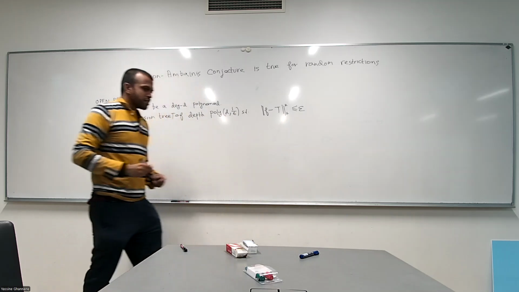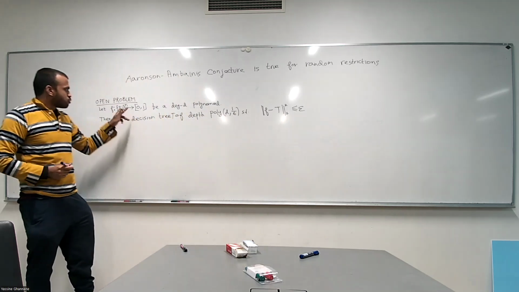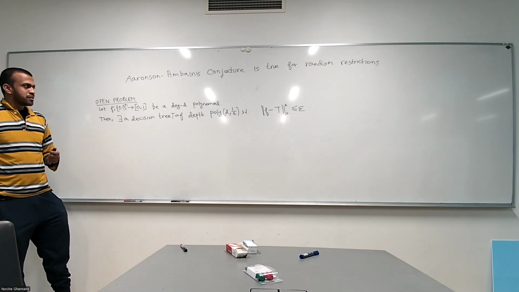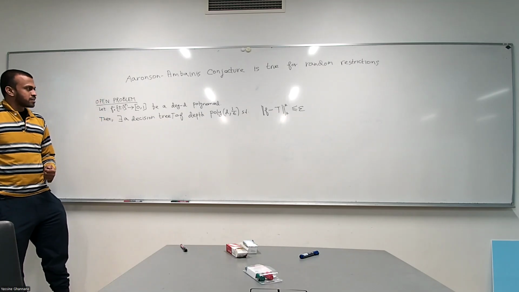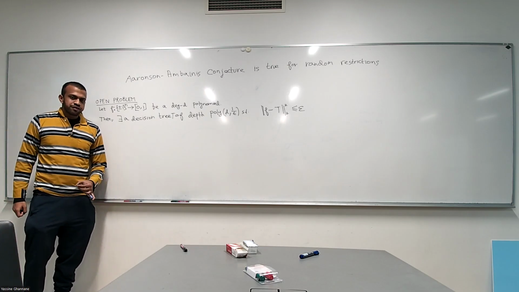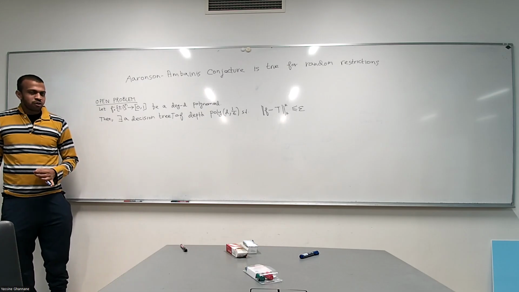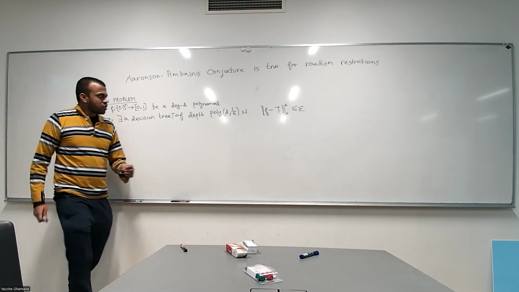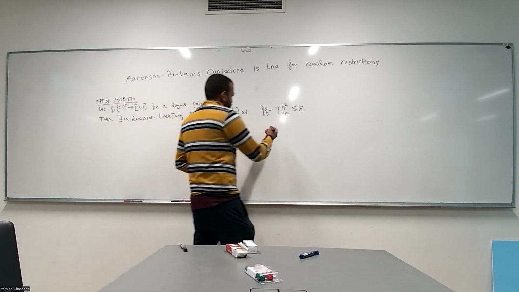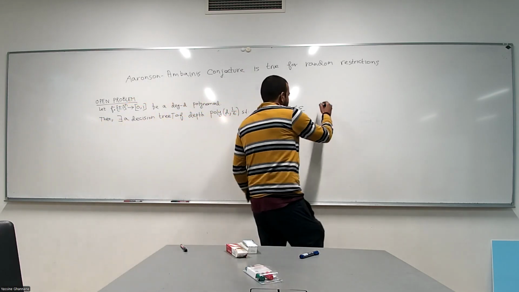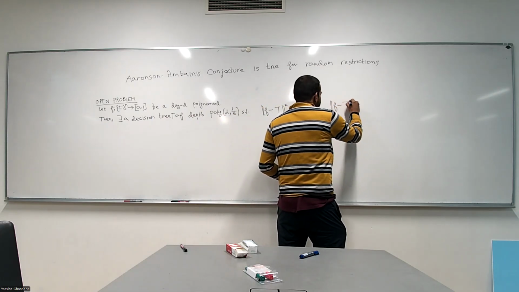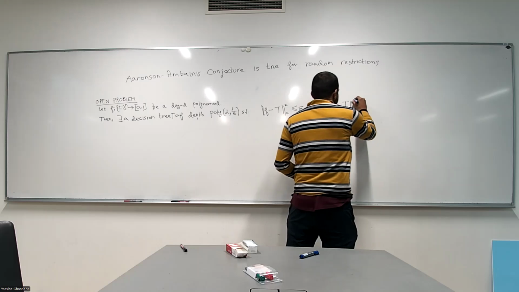So here's the problem. You're given a polynomial that maps the Boolean hypercube to the bounded interval [0, 1], and the degree of the polynomial is at most d. Then for any epsilon greater than 0, there's a decision tree of size at most polynomial in d and 1 by epsilon, which approximates your polynomial in the L2 norm up to error epsilon. And for people who aren't familiar with this notation, L2 norm is the expected difference squared.